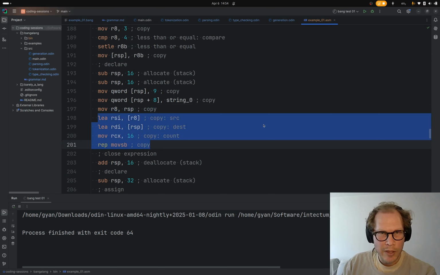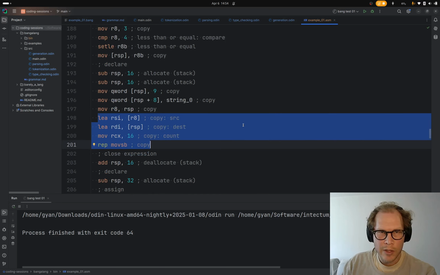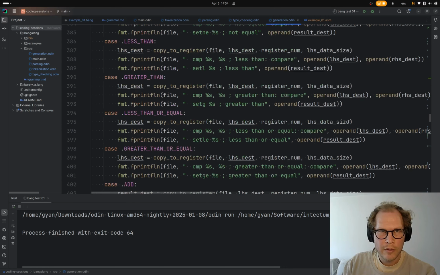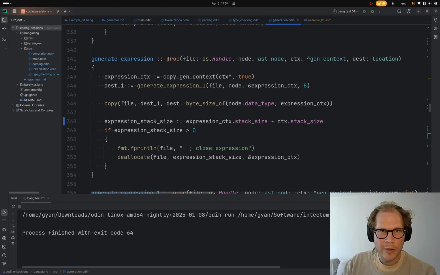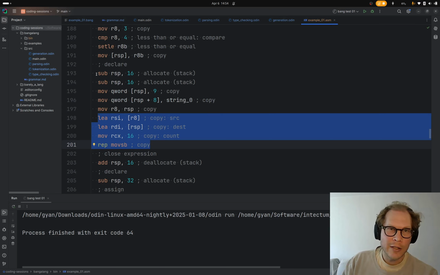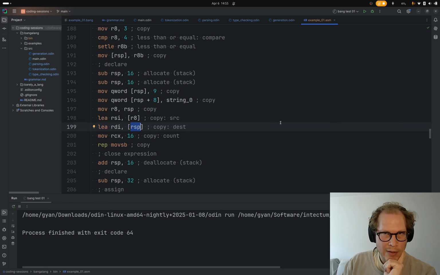But then this copy, which is the only other copy, and I believe it's up here in generate expression. This copy here is where we copy it to the left-hand side. So we're trying to copy it into this memory that we allocated for the left-hand side, which we seem to think is at the top of the stack,